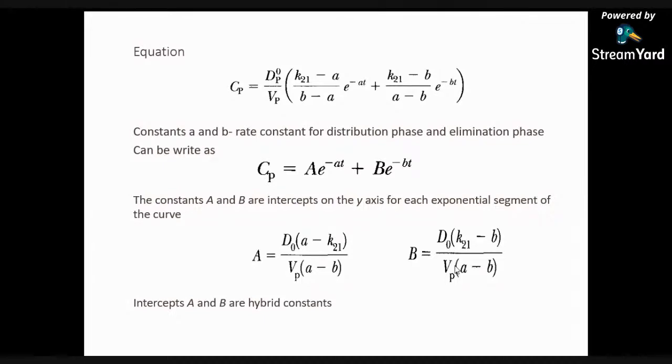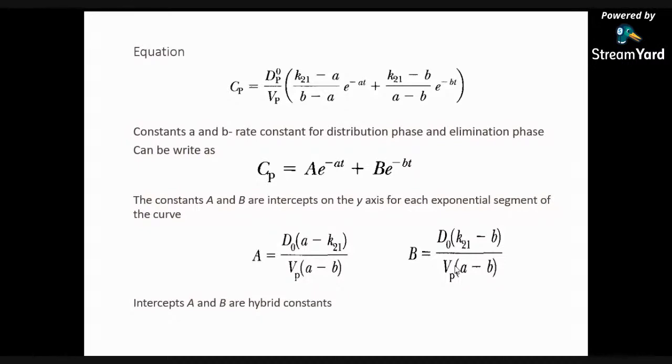So here the constants a and b are the rate constants for the distribution phase and the elimination phase and can be written as Cp is equal to A e to the power minus at plus B e to the power minus bt. So the constants A and B are intercepts on the y-axis for each exponential segment of the curve, and we can write A is equal to